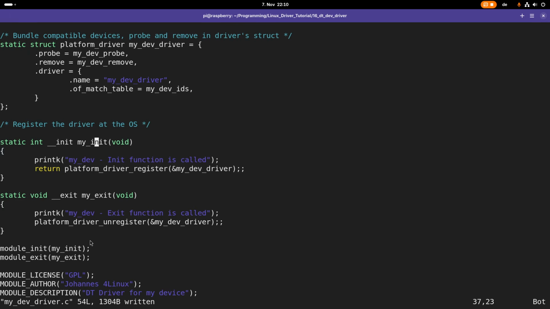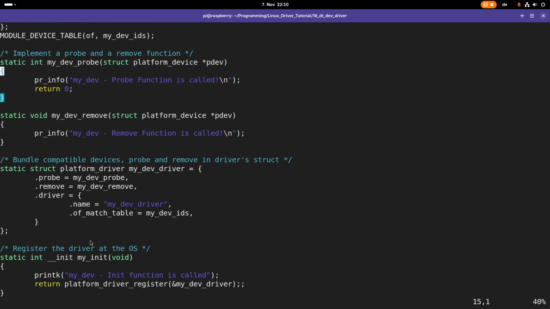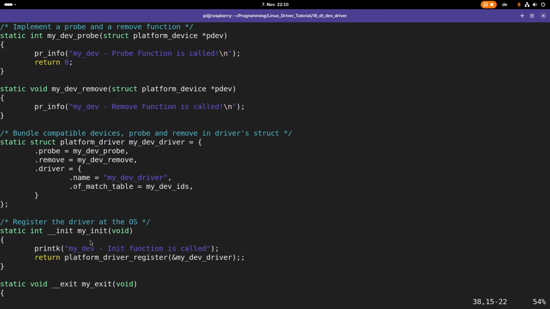And here, this init and this exit function doesn't do very much. If you have to allocate some device numbers, for example, that would be something you would do in the init function. The resource allocation would be done here in the probe function, because you need to allocate the resources for every device and not just for one. But for example, if you would have a device list or something like that, you would have to allocate this in the init function. But if you don't have a device list or device numbers you have to allocate,